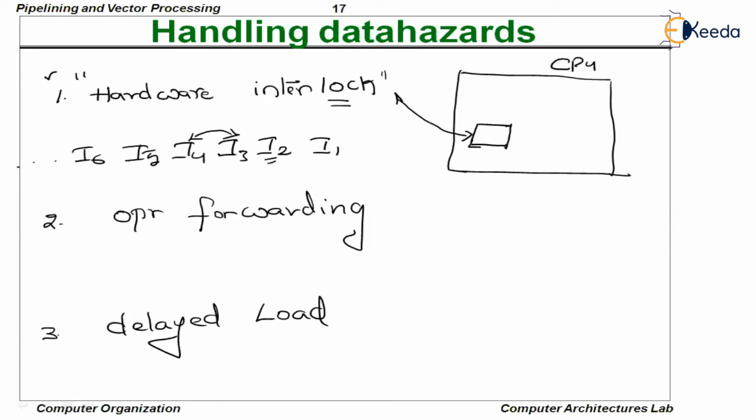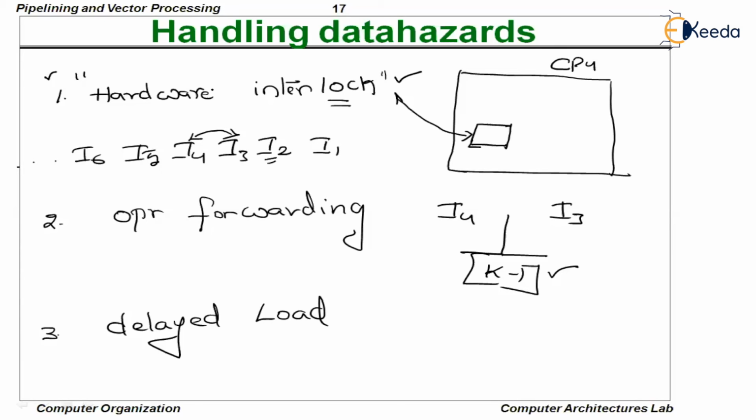But if there is a dependency, these I3 and I4 will be separated by a sufficient number of clock cycles. It is going to implement the stall cycles in between the dependent instructions. For that, it is going to check for dependencies between every 2 instructions. If a dependency is found, then this hardware interlock is going to separate those 2 dependent instructions by k-1 stall cycles. So in this way, hardware interlock ensures smoother, rather, the proper correct execution